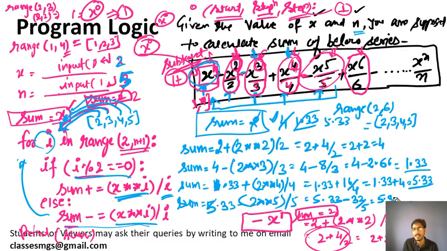So 5.33 minus what will happen? 5.33 minus 6.4, if you subtract, it will result in minus 1 point something. Okay, so this is how the sum value will be. Now there is no element left in the list, so the sum value is printed, and it will print minus 1 point something. Okay, so this is how this loop will solve our problem.